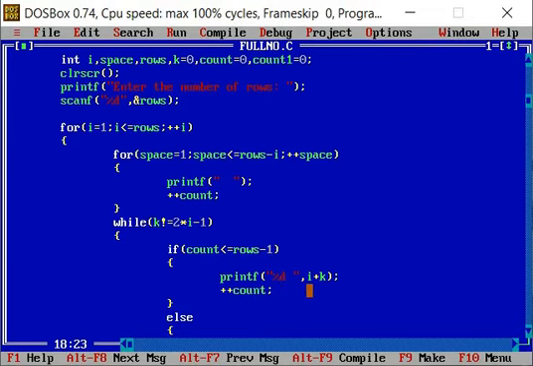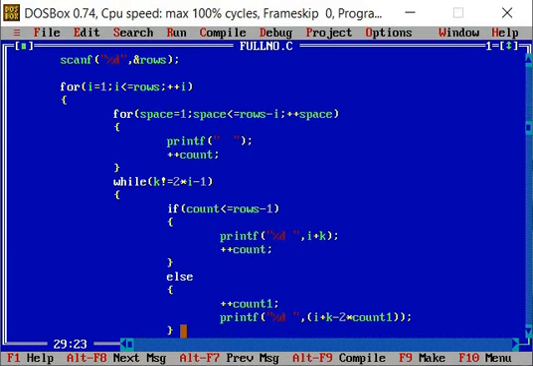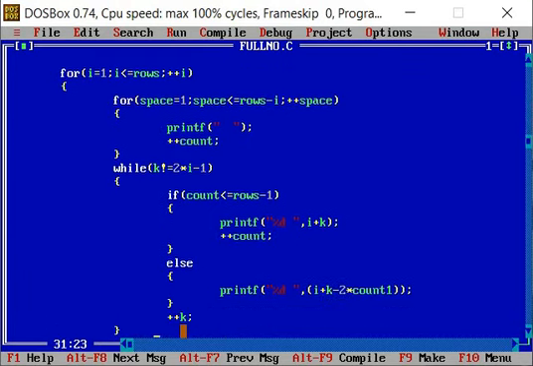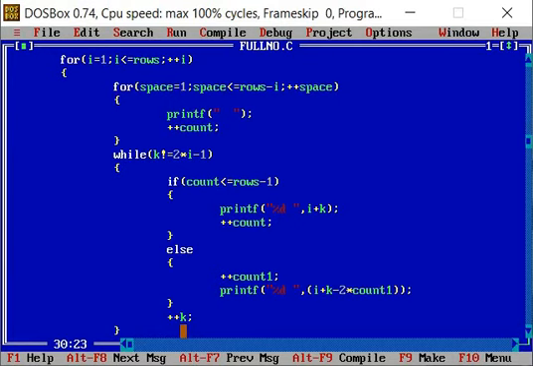It prints i plus k, that is 1 plus 0. So it will print 1 and count will be incremented to 2. It will not go to the else part, because the if condition is satisfied. It will increment the k value, that is k equals 1.